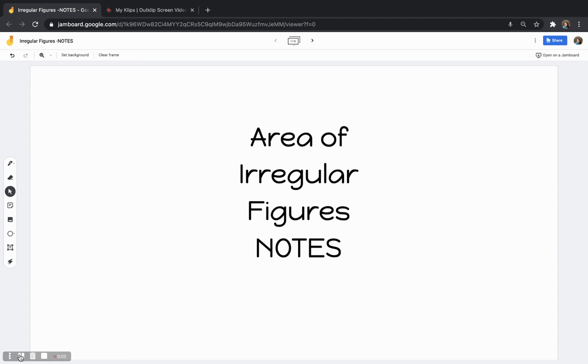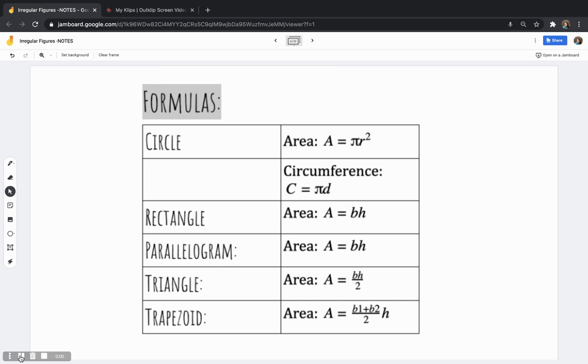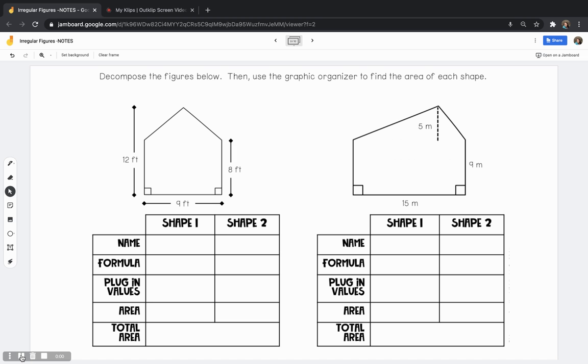Today we're going to be looking at area of irregular figures. Just as a reminder, these are the formulas that you need to know. So an irregular figure is when I take two or more shapes and I put them together to create one irregular looking shape. So the first thing I'm going to do is decompose these shapes and make them into individual